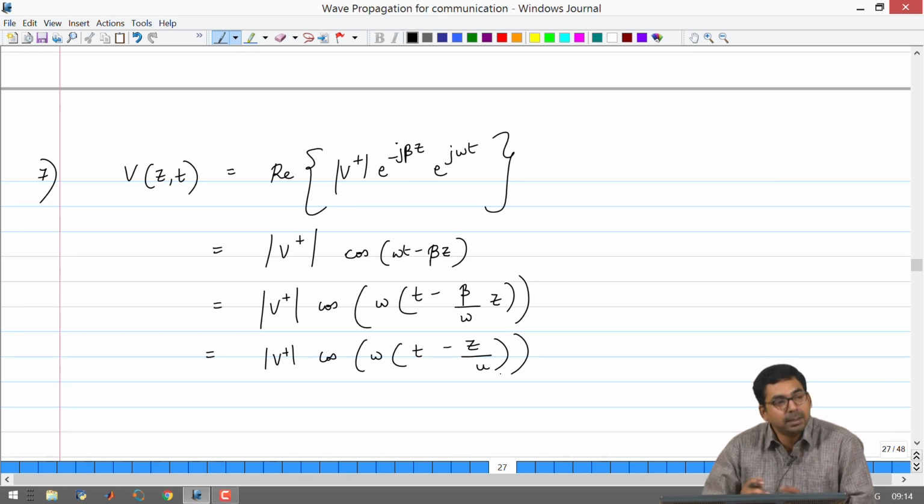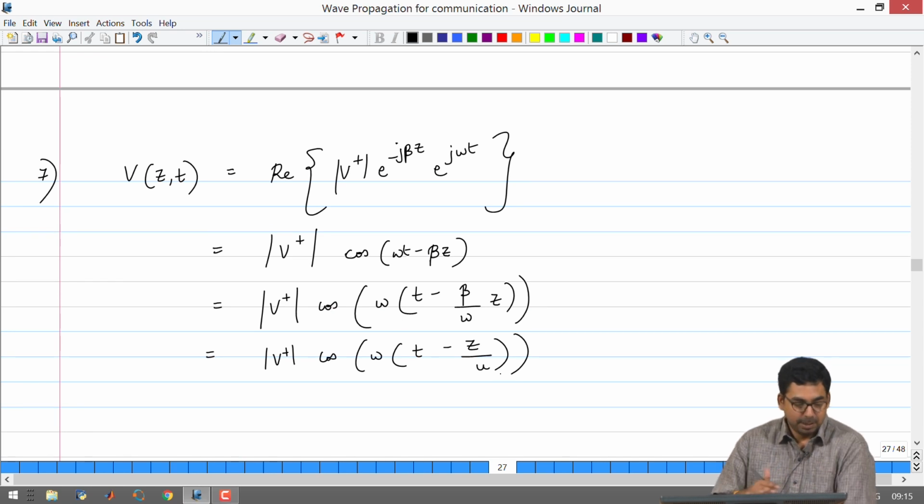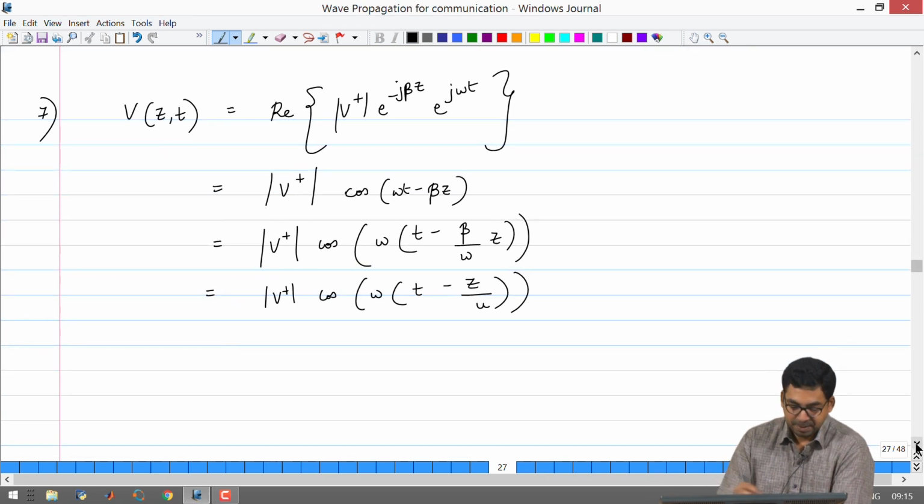So, I think that you will be able to understand that there is clearly a correlation between the kind of solution that we saw in the past and the solution for steady state AC excitation that we are seeing now. Both are, the forward case is a function of t minus z by u, the function here just happens to be cosine of t minus z by u multiplied with an omega, and for the backward wave one could establish the same, it will look like a cosine of t plus z by u. Okay.